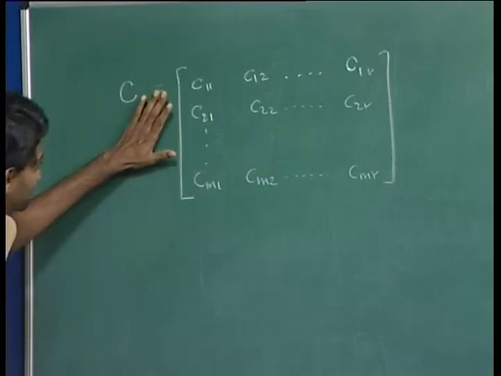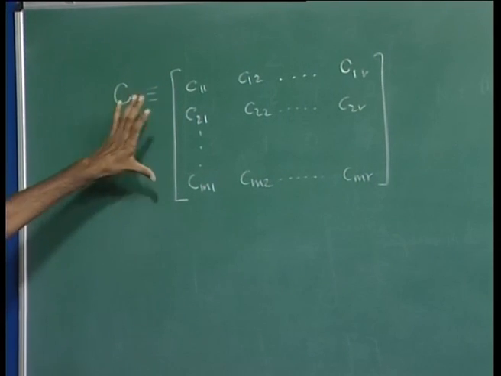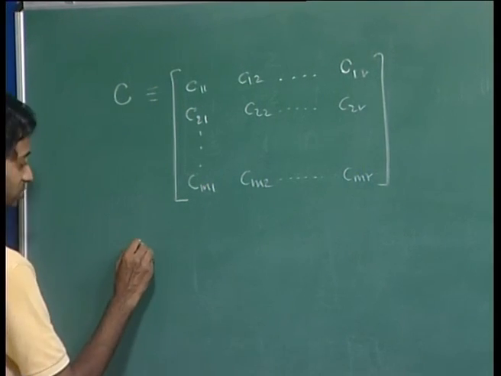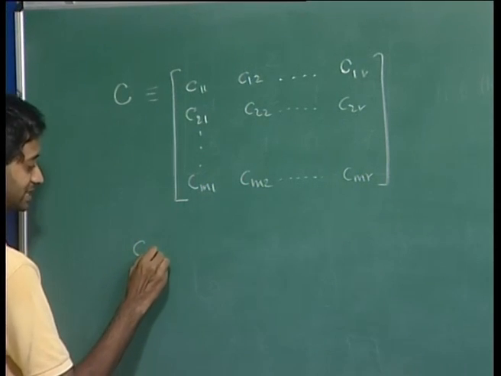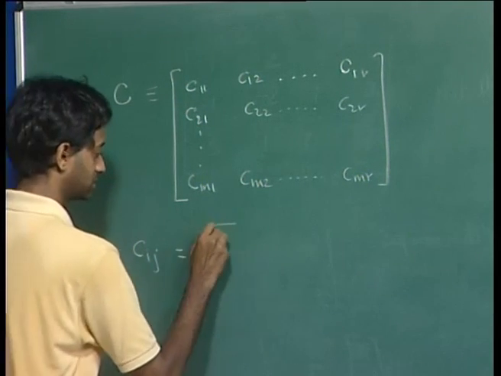So if your matrix C has all these elements, okay, then you can write the ijth element of C is equal to